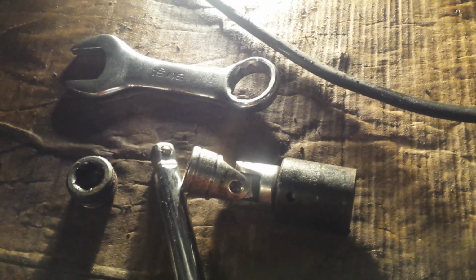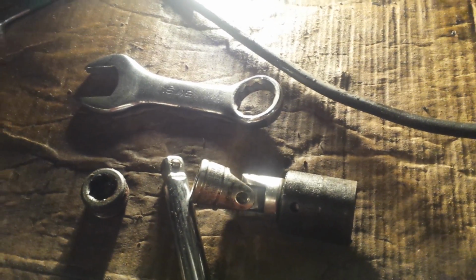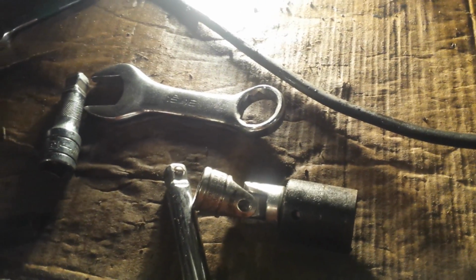But it's done now. I just got to hook up the wire, screw the new filter on, drain the rest of the oil out of the pan, and I got two birds with one stone here. The oil will be changed, and the block heater's in for the next cold day. So, should start next time. I think the battery's a bit weak. It's not a new battery, so